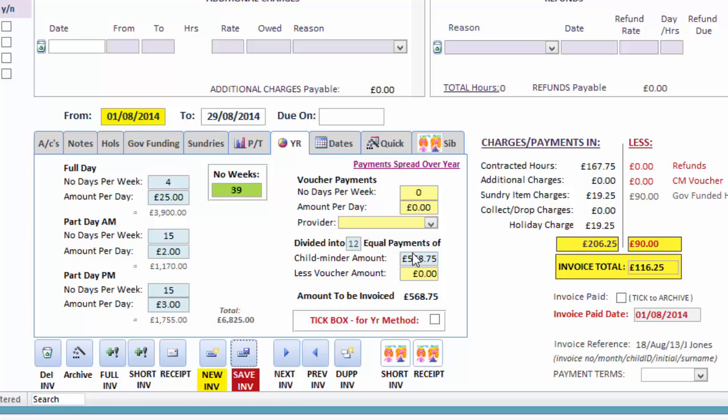payments. So what it will bring it to is to be invoiced each month for £568.75. So it's a way of averaging it all, so you are able to send this invoice to the parents and they know that it's going to be the same amount each month, that they're in turn overpaying in the holidays and underpaying during term time. So again, if you were to tick this method, it overrides and it has that payment amount